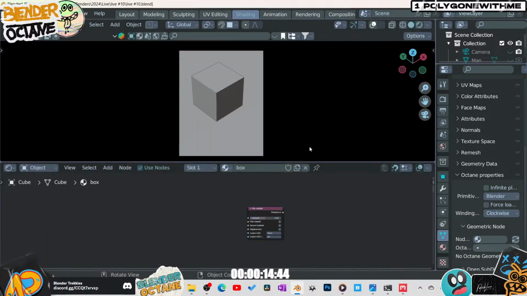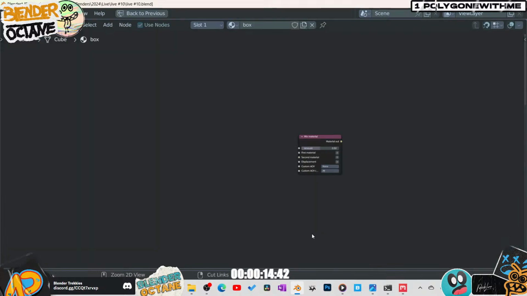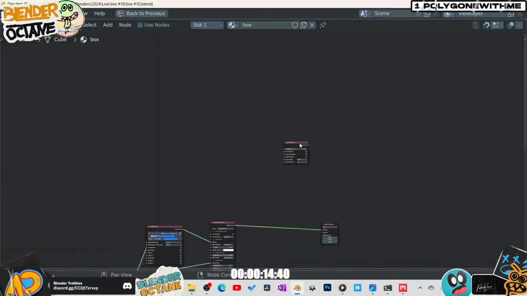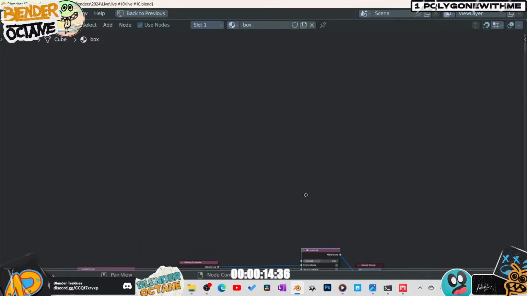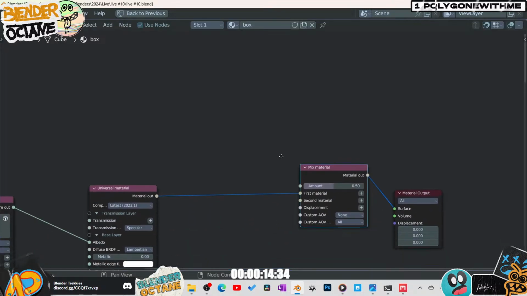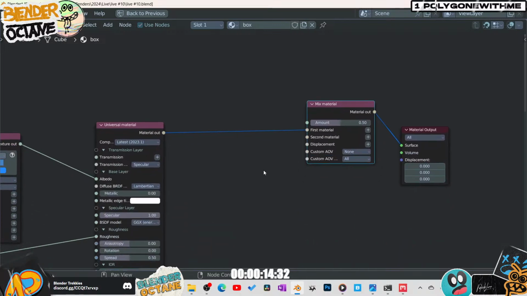See, that's why I have to turn my renderer off, because it does stupid stuff like that. I cannot work with the renderer on. It just doesn't work. The laptop struggles. So that's going to be my first material. And then the second material is going to be the ground material. So what I'm going to do here is